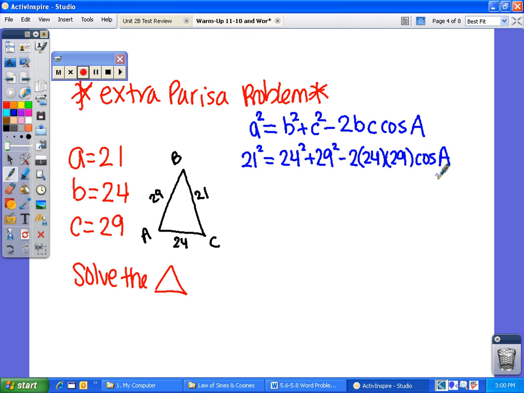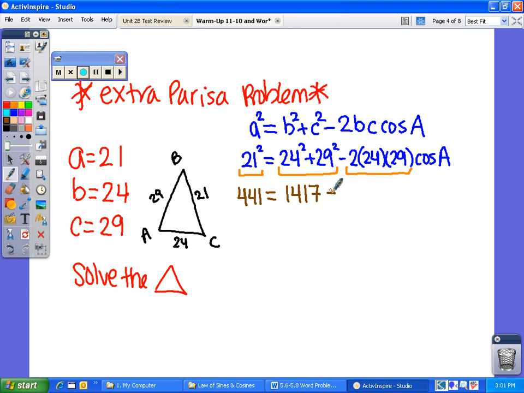Since I don't have a value for A, I know I'm probably going to be doing the arc cosine at the end. So now I need to work things out separately. This has to be worked out separate, this has to be worked out separate, and this has to be worked out separate. Do not add everything together like we did on the second problem. So the first thing I'll do is 21 squared, which is 441. Then I'll do 24 squared plus 29 squared, which is